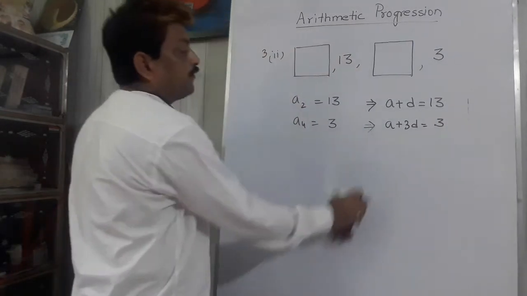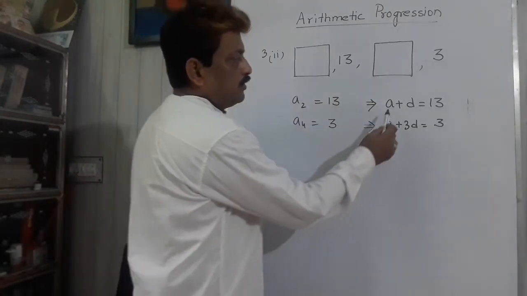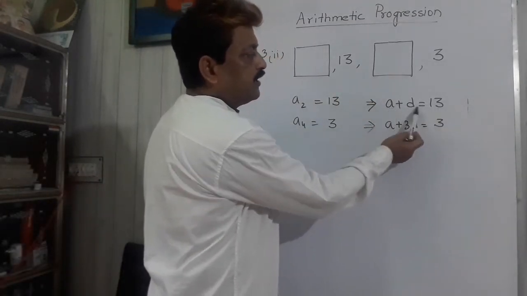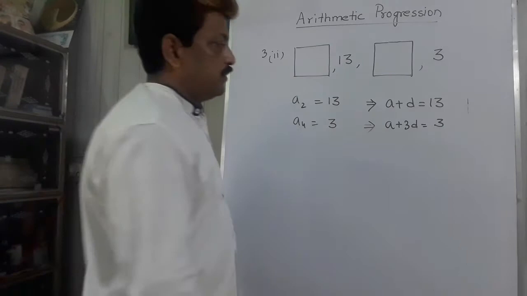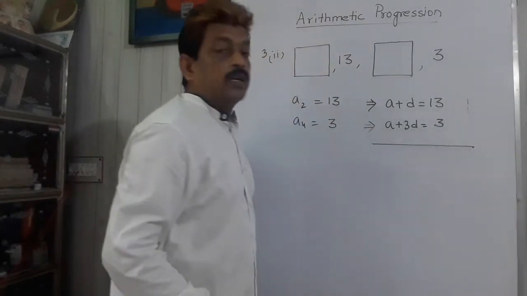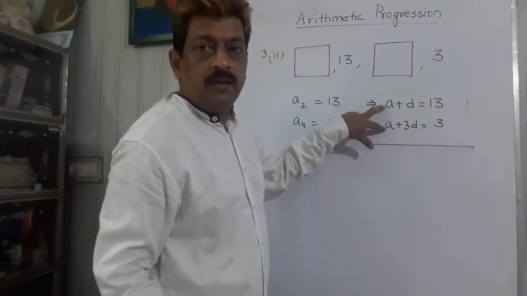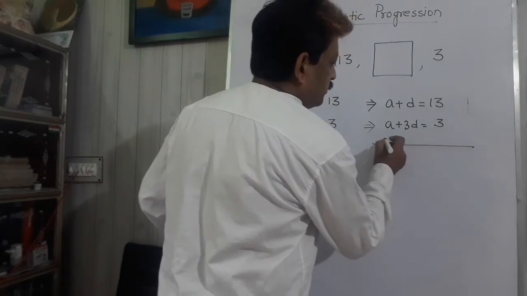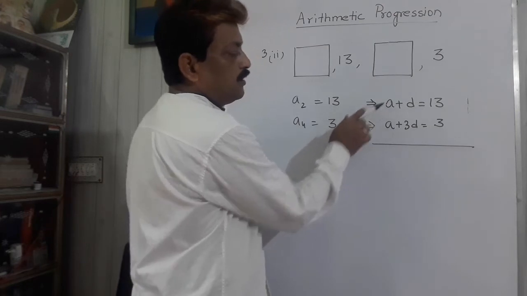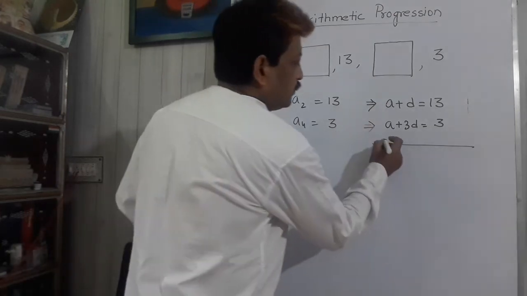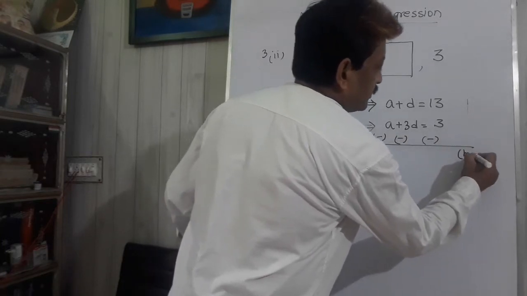Now we have obtained a pair of linear equations in two variables. See, this is one equation, two variables are A and D, here also. So you all know how to solve these two equations. It is very simple. We can use the elimination method here because in both the equations we have A. Since the sign of both these A is positive, I have to go for subtraction, so there is a change of sign.